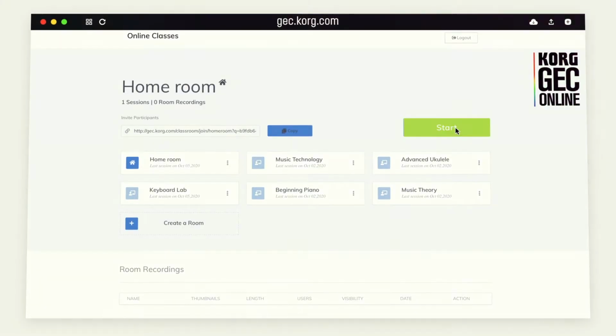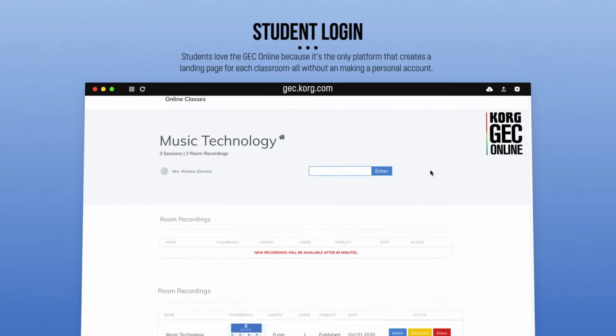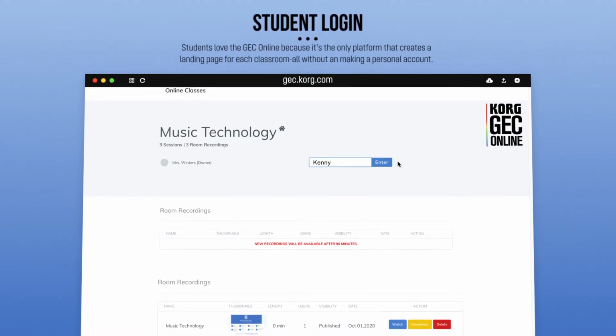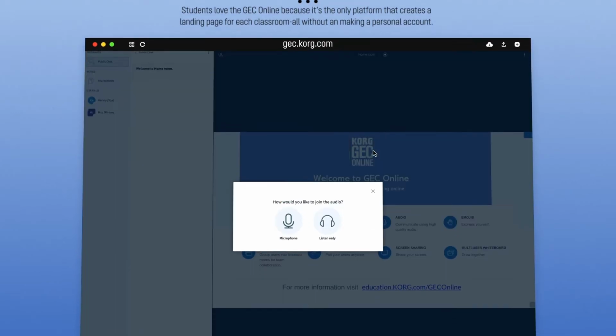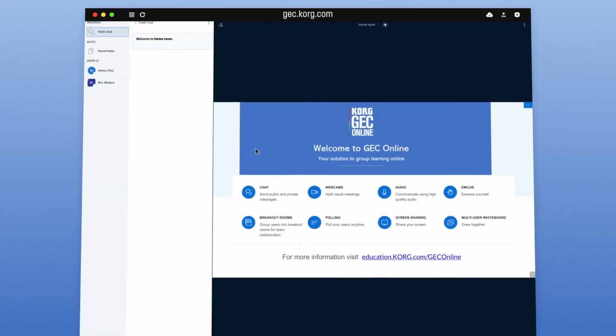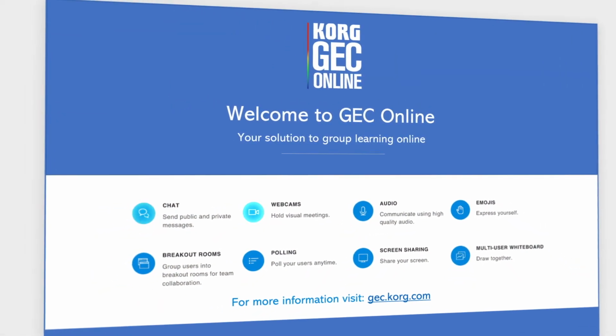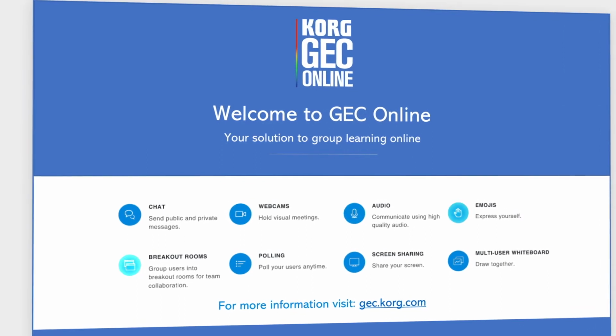launch classes. Students love the GEC Online because it's the only platform that creates a landing page for each classroom that is static and can be visited to log into classes and view recorded sessions on demand, all without making a personal account. The GEC Online gives you all the features you expect, with complete control over the audio in